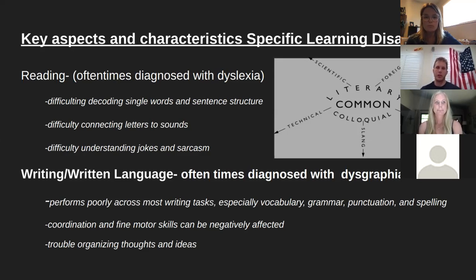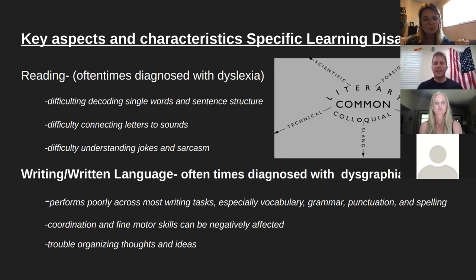as well as sentence structure. And that breaks down even further into connecting letters and sounds together. So if you can't make a sound with a letter, you can't make a word. You can't make a word, you can't make a sentence. And so that usually leads into comprehension being a little more difficult to understand. And deeper levels of comprehension include understanding jokes or sarcasm, those things that maybe not literally said, such as, oh, well, we got a funny guy here. Well, the word funny may not be the most applicable to a person who doesn't exactly understand the word terminology, even though the speaker could be trying to be sarcastic.